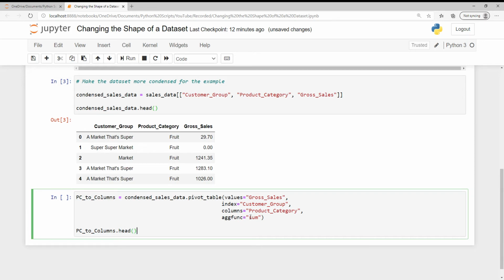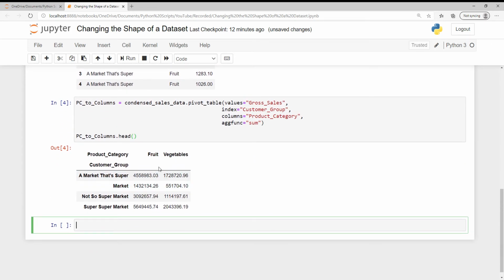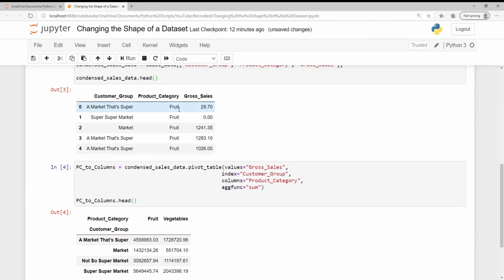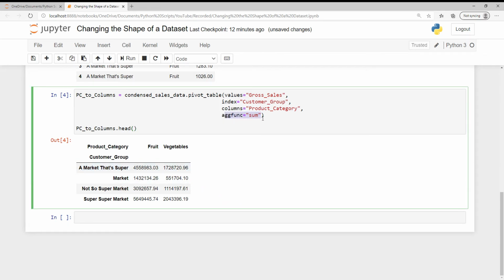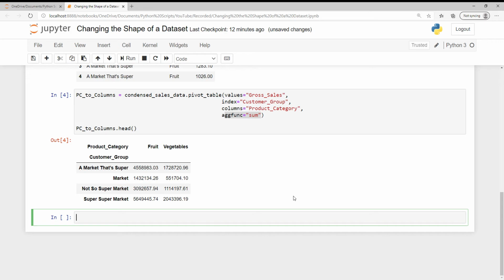So head. Alright, and now we've got the fruit and vegetables over in the column, so we've transposed it across. If we wanted to put that back and keep that aggregation, that aggfunc, we can. We can just unstack it, so we'll say PC to columns dot unstack,